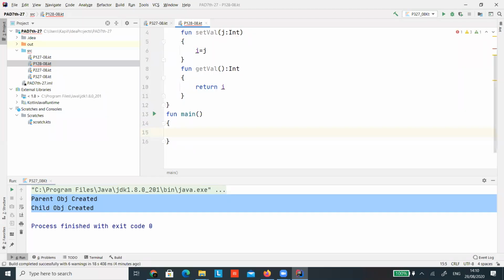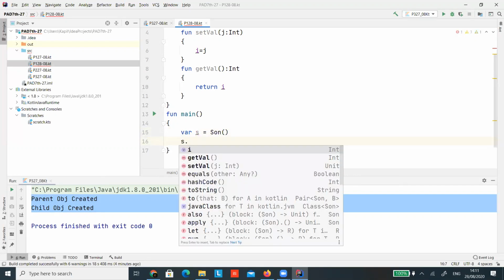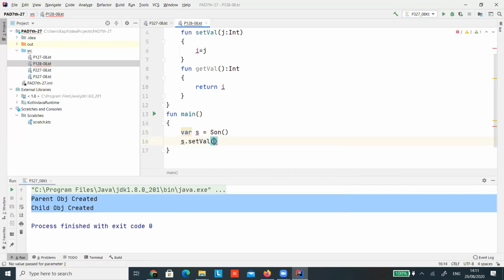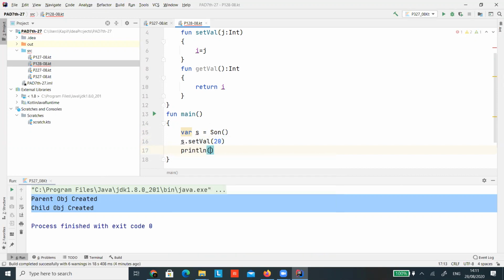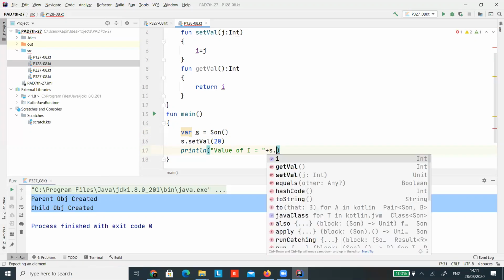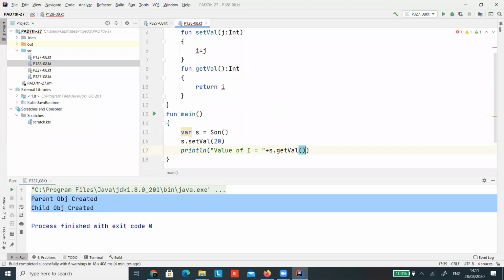And here you can create an object of Sum. Then call s.setValue(20), and then println, value of i equals s.getValue.